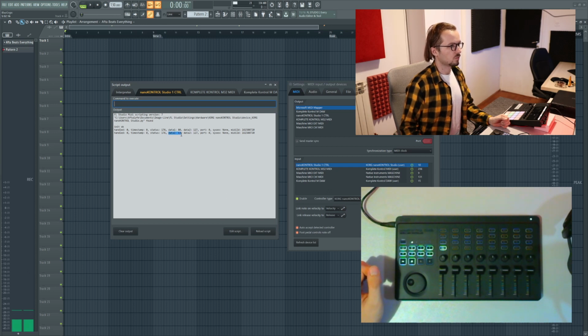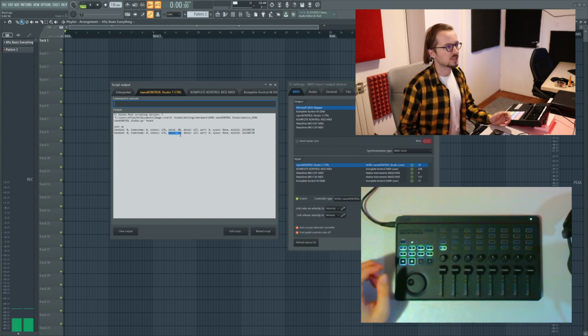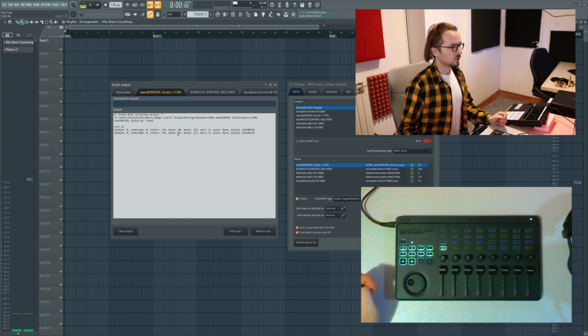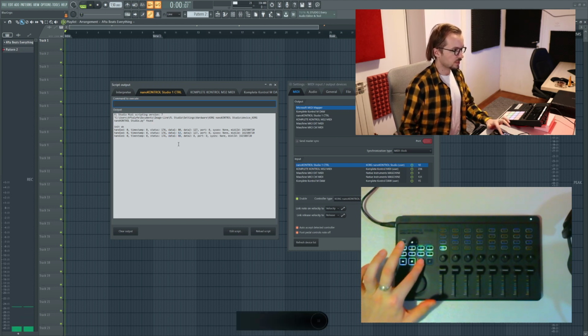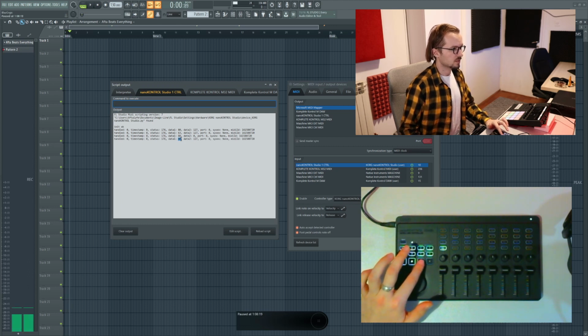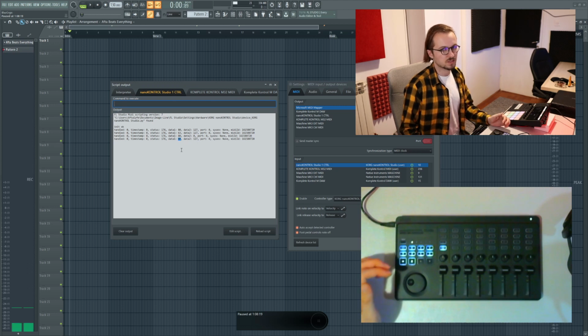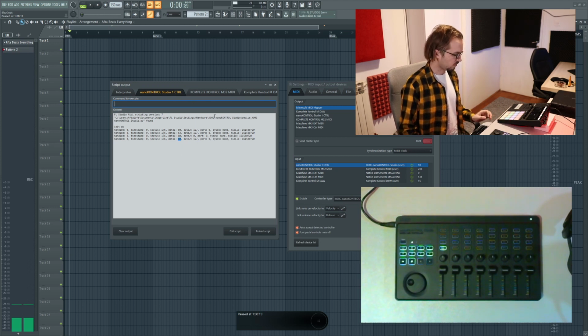Data 1. So all of these buttons on this controller are actually assigned with a number, with a control change number, a CC number, if you will. So this number, this is the number right here. So when I press play, this is how the program knows that this is a play button. It has a number 80. This number can be anything, and your controller probably has